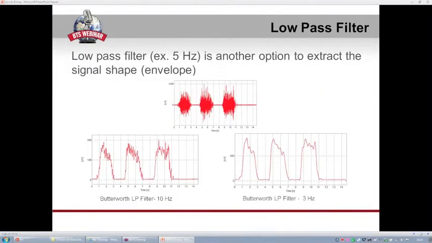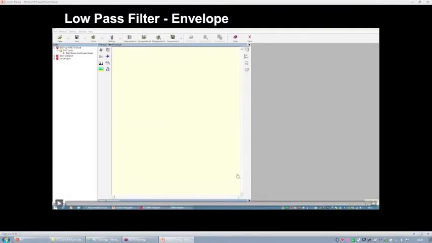So what about the low-pass filter? The low-pass filter can be another option to extract the signal envelope, so the signal shape coming from the raw signal. In the first lesson, if you remember, we talked about the root mean square algorithm and the integrated EMG. But also the low-pass filter with a cutoff frequency, for example, set at 10 or 3 Hertz, is a widely used method to extract the shape of the EMG signal and to compute what is called the envelope of the signal. So now I want to show you an example